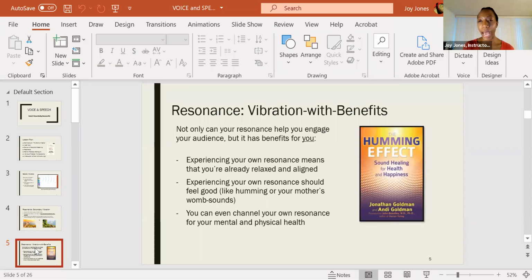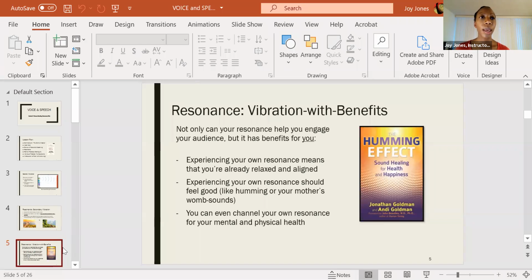And then you see I've even added this book on the right, which I haven't read yet, but in kind of wanting to find some extra resources for you, these two folks have written a whole book on the humming effect, that you could actually heal yourself with sound. That's sort of the nth degree beyond what we're doing. But the point is that resonance and vibration, your audience enjoys them. It brings them in. They're literally feeling the vibration that you are creating, but it should also feel good to you, and can even be healing for you.